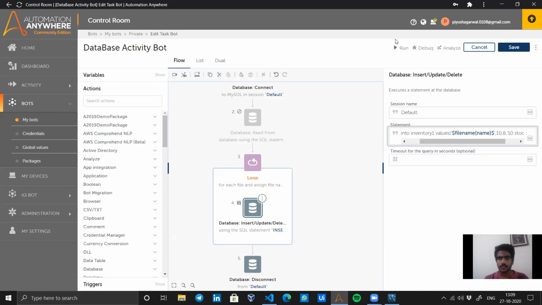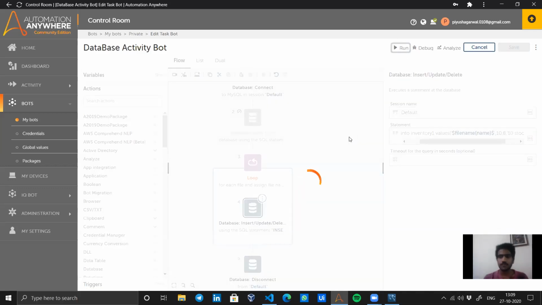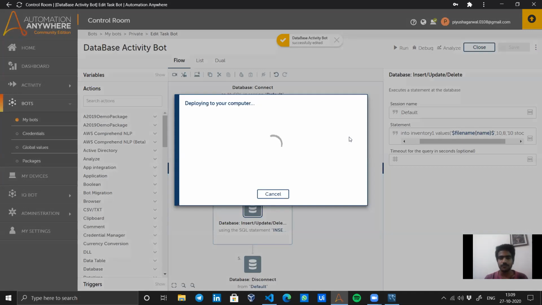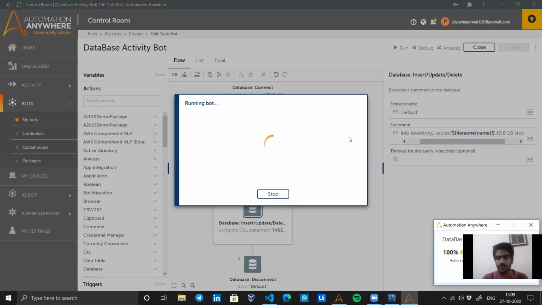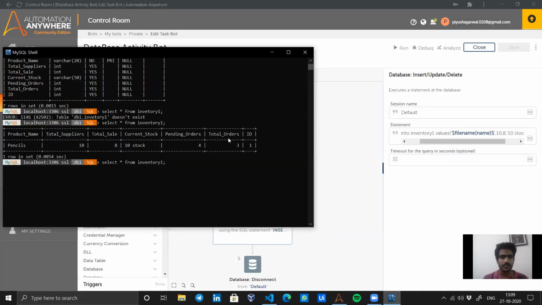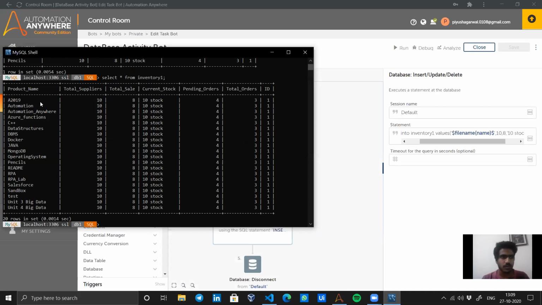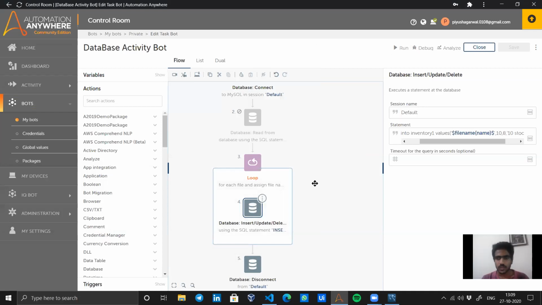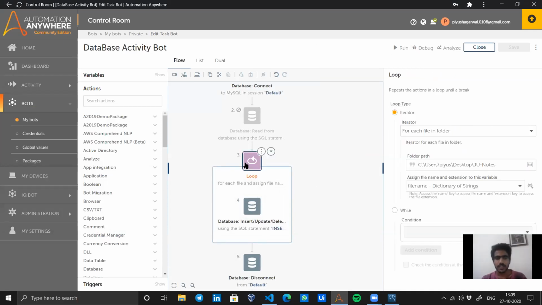Let's test this again. Probably it should work this time. It should write the product names as the file names in my folder. Hope it works. Again, a 312 KB download. It went successful. Okay, let's see again. Here I have got all the data inside this table with these things as duplicate. We didn't make them dynamic or anything. Okay, so now we are done with inserting some data inside the loop.